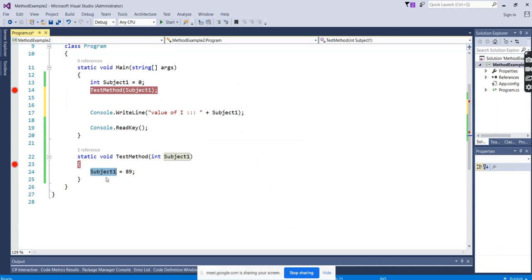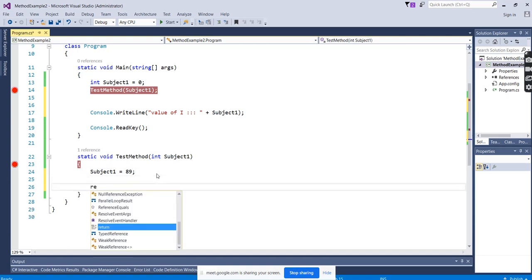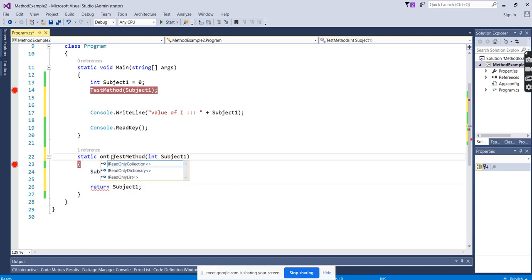So if I want to return the values, I want to take the values back to the original, then what do we have to do? One option, which we have seen before, is that we have to return the value. We have to make it integer, and then here I have to make it integer again, something like this.